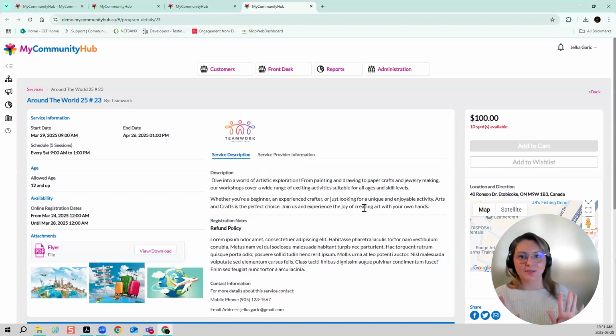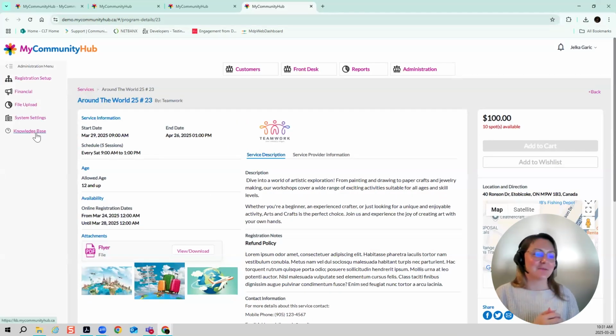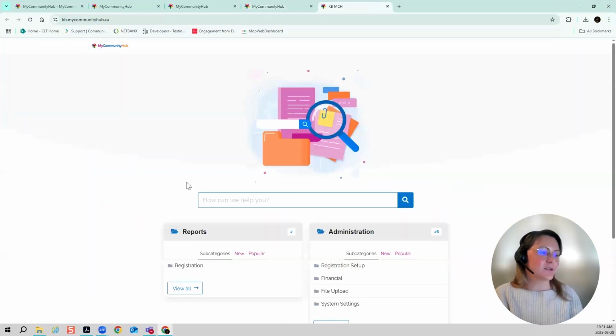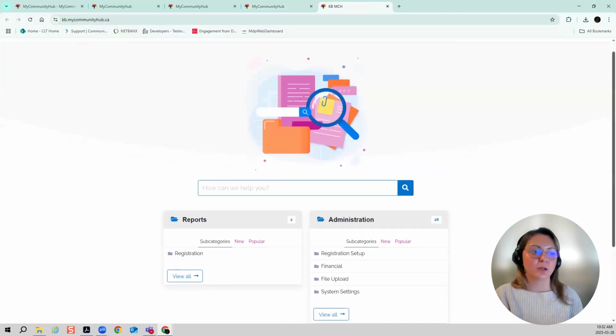I'm going to end things here. I don't know that there's really anything else to say except for, yes, there is, except for our knowledge base. So we do have a support team that's available during the week. It's available to the customers as well as to the admin staff as well. We obviously do a full training when somebody does onboard, but there's always going to be things that come up. There's always going to be questions. So our support staff is always available for you during the week, 9 a.m. to 5 p.m.